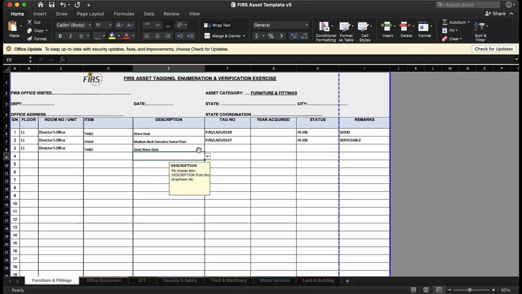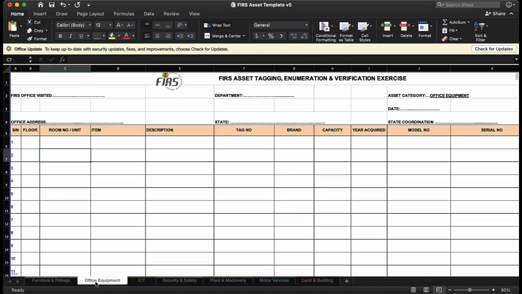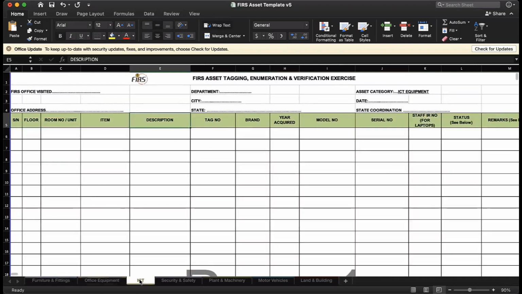So you notice that these other columns still have the formatting. These other cells still have their formatting, but this particular one has been removed because I needed to enter in something that is not there. Some other persons met items that are completely not under any of the items, so it's the same thing. Let me use another tab. So for office equipment, you click office equipment. For ICT, you go there, and then of course you see places to